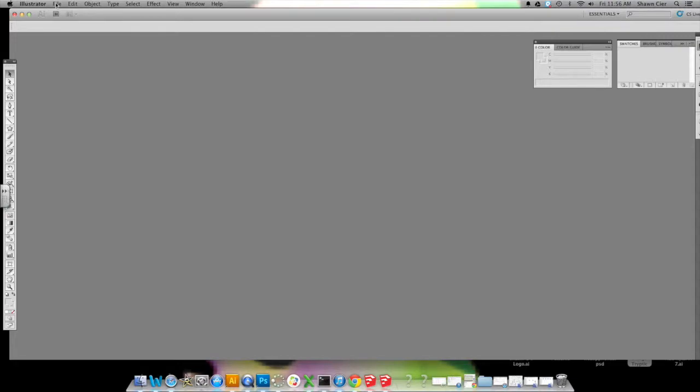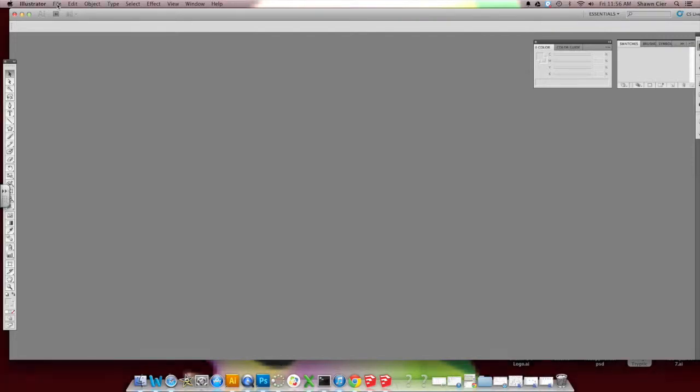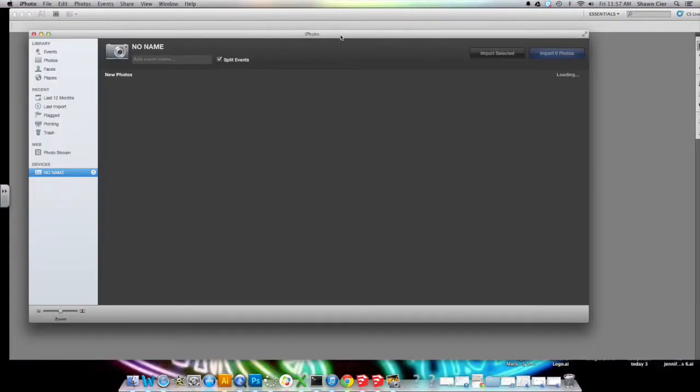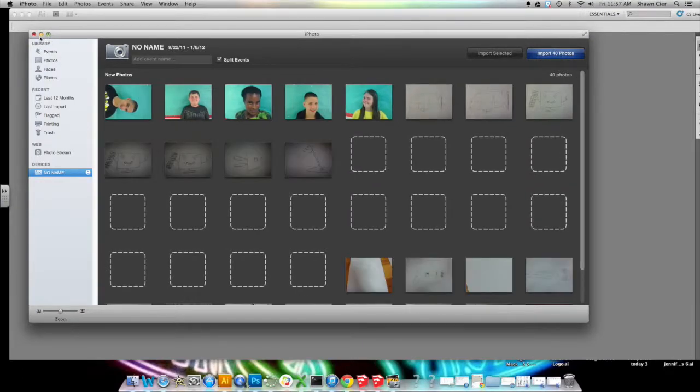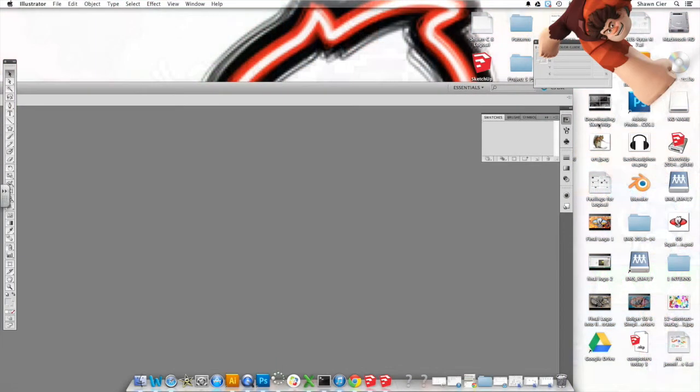So I already took a picture with my camera that I'm going to turn on and put into one of the USBs on the back of my computer. The first thing that's going to happen when you plug in your camera is this iPhoto thing is going to come up. I'm going to just X that out because it's way easier to just go to your side panel, or your desktop, look for No Name,